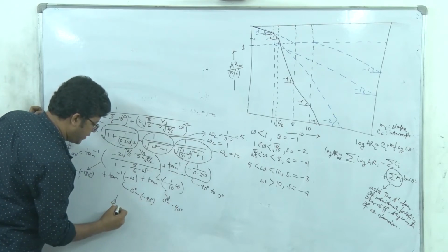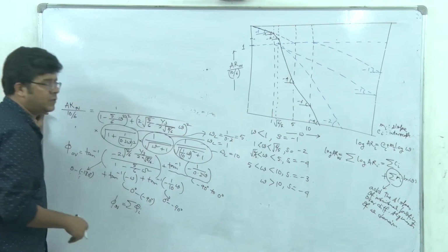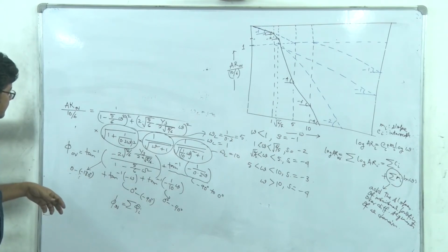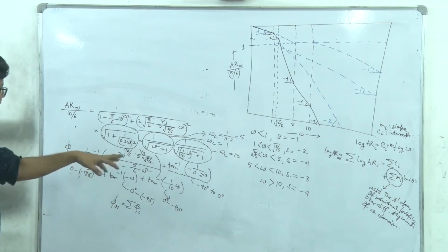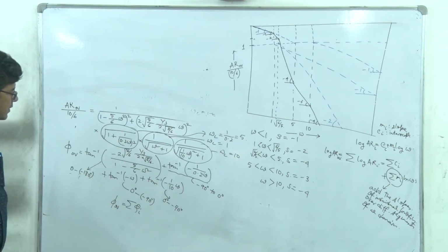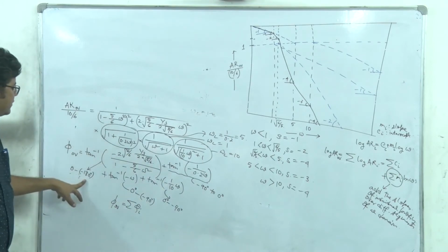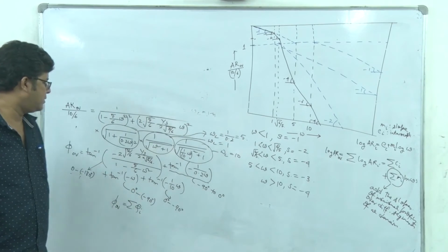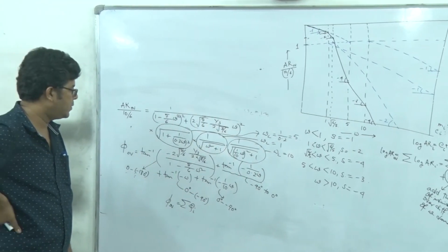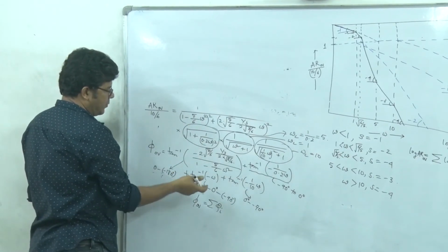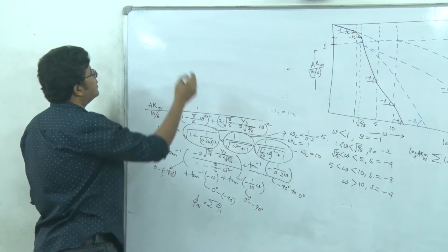And we know that phi overall is the sum of individual phi. So we'll draw the phi profile and simply superimpose. But we have to fix the limit of this phi scale. So you see that all start from 0 or minus 90, right? 0 or minus 90. So we'll go for 0. So it will be the highest value, and the lowest value will be what? Minus 180, minus 90, minus 90, right? So minus 360. Okay, minus 360 will be my terminal value, because that is the maximum value of phi we are having when omega tends to infinity.